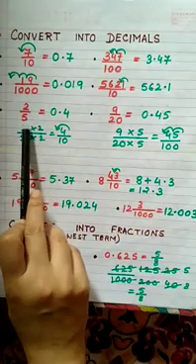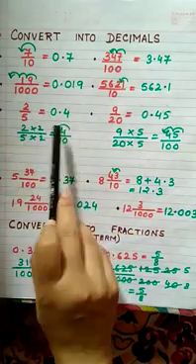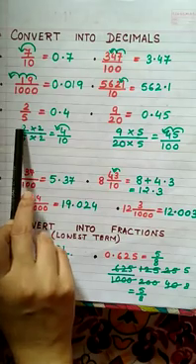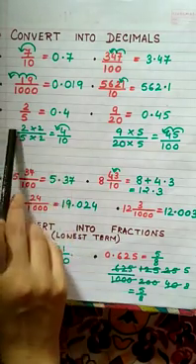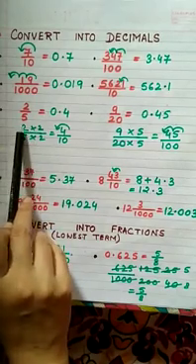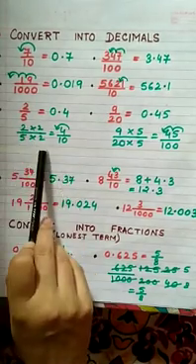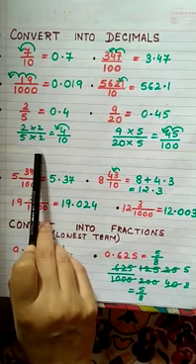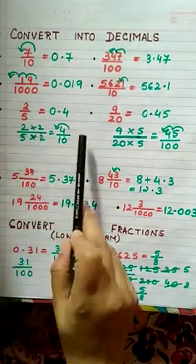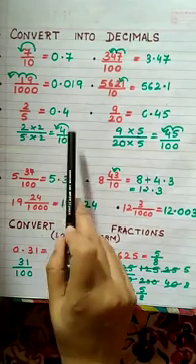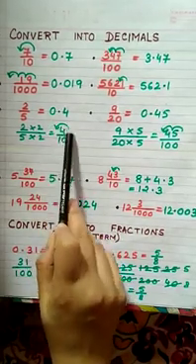Here you see, we don't have the denominator as 10, 100 or 1000. So how do we change this into decimal? We first have to change the denominator either to 10, 100 or 1000. In this case, we can change 5 to 10 by multiplying by 2. If we multiply the lower part with 2, upper part also has to be multiplied by 2. So we have 4 by 10, 1 zero, decimal shifts one place back.